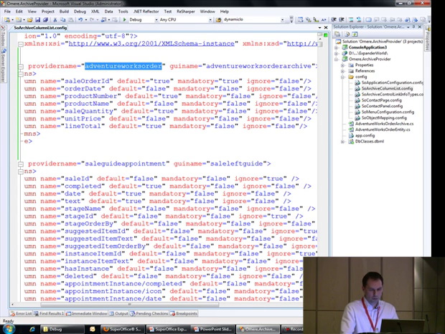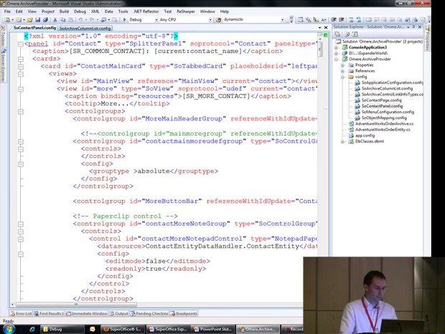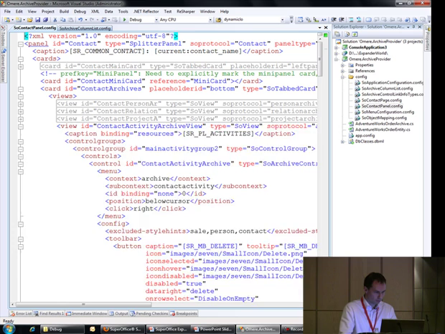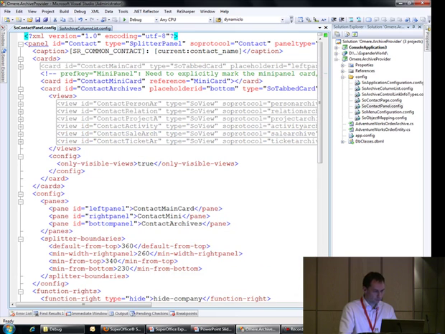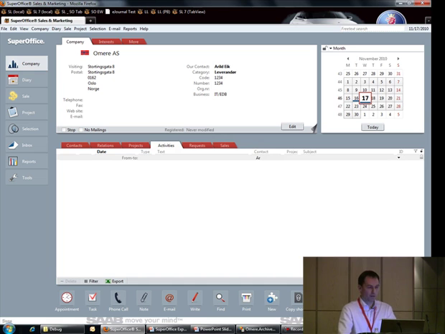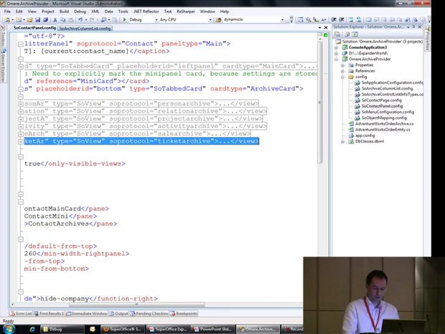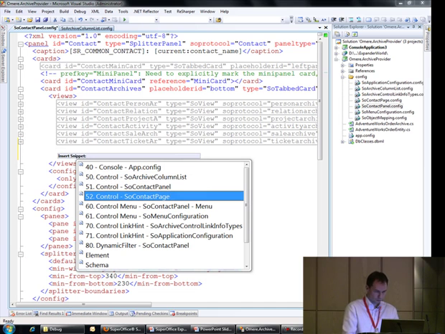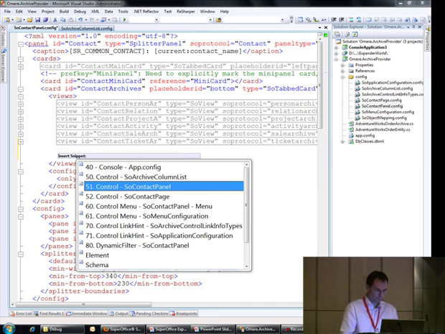So what I have to do then is go to the SO contact panel config and go look. I'm going to collapse all those views. You see here all those views. Each of those views is the same as the tabs you're seeing here. So what I need to do is to create a new view in this file. Contact panel, like this,